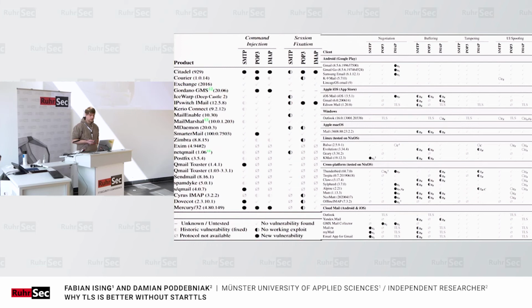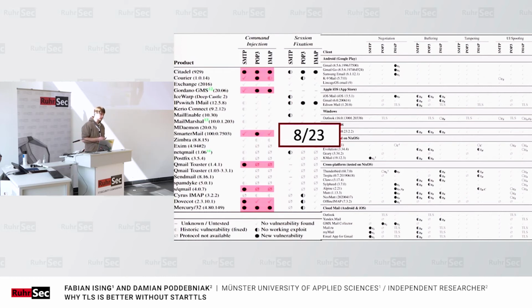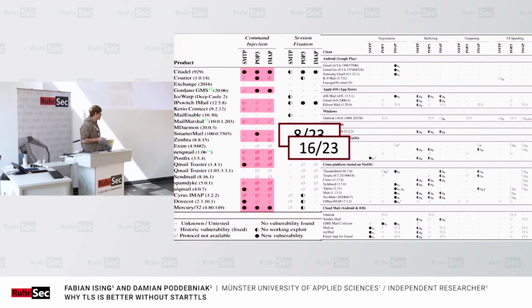In total, we found 8 new instances of command injections in our test. But what's even more interesting about this case is that it was already described more than 10 years before by Wietse Venema, the author of Postfix, in 2011. And when we take all these issues into account, so the historic issues we know that servers were vulnerable to the command injection, we see that in total 16 of the 23 email servers were vulnerable to command injections. And I think this should point you to the fact that these are not merely implementation issues, but really an issue with the specification itself.